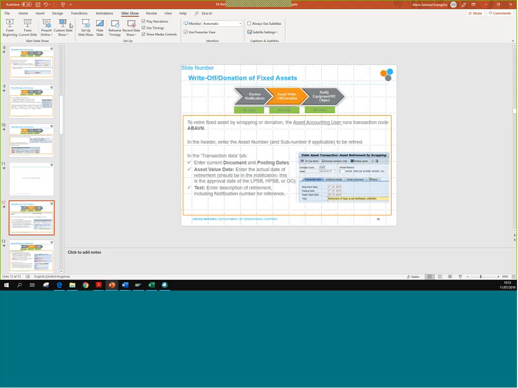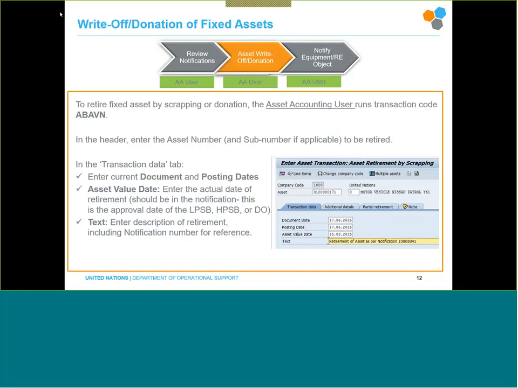Let me present this slide. Okay, so now we have the fixed asset number that we have to retire. In fact, you have a very nice Excel with all this information compiled. So you have the fixed asset number that you need to retire. So the first step that you need to take in the system, I will do it right now with you guys, is to go and execute this T code,